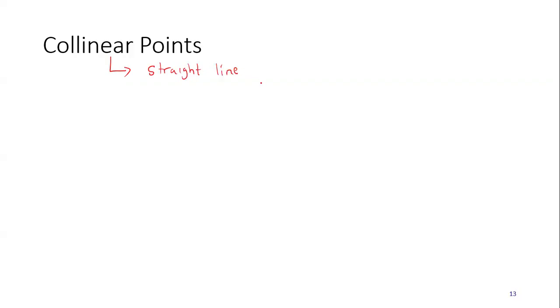Now, when you are dealing with collinearity, here the task will be: show that the points lie along the same line. Show that the points lie along a straight line. That will be the task. So whenever they ask you to show that points lie along a straight line, there are 2 things that you have to base on to show that those points lie along a straight line.